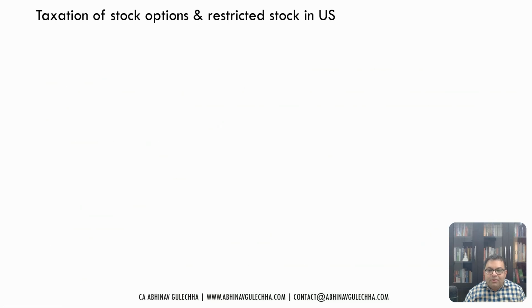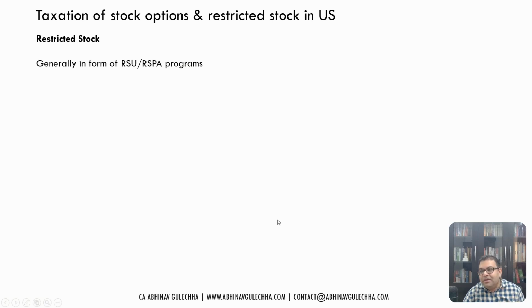So this was about employee stock purchase plan. Now let's come to restricted stock. A lot of companies now prefer giving restricted stock. What I understand is that in India, you can only give ESOP as an option under the ESOP plan, but in the US it is different. You can also give shares under the ESOP plan. So companies generally prefer to give RSUs or RSPAs, restricted stock purchase awards, restricted stock awards, that are generally given. So what is the taxation?